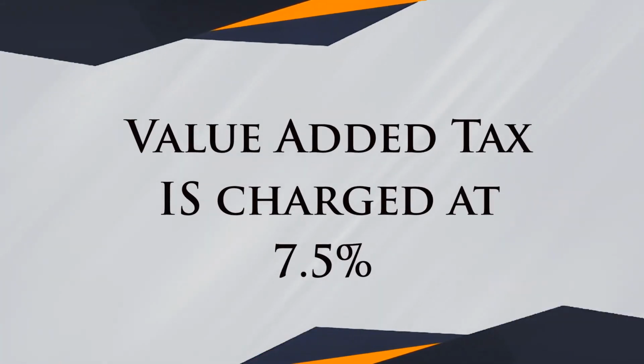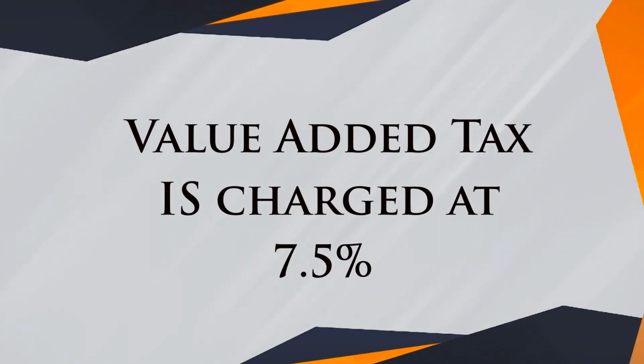The value added tax is charged at 7.5% and is payable monthly. So it has to be payable before the 21st of the following month. For example, you file your value added tax on the 21st of this month. Let's say we're in June and you file your value added tax on the 21st of June. You have to file the next one before the 21st of July. So it's a monthly payment, and it is filed at the corresponding tax office of the taxpayer.